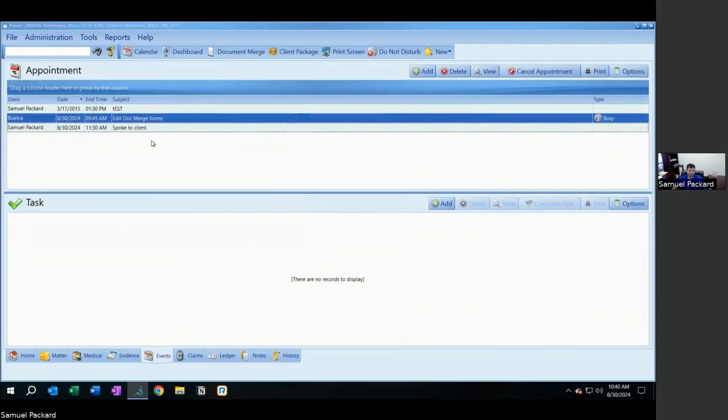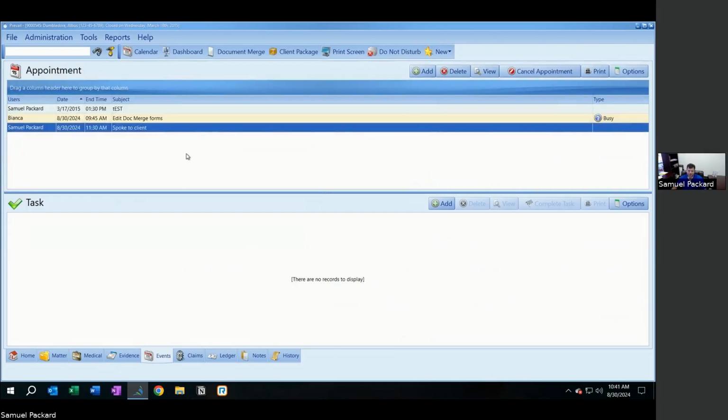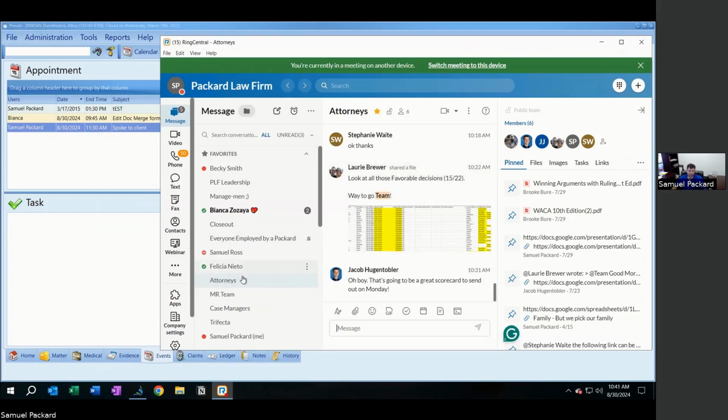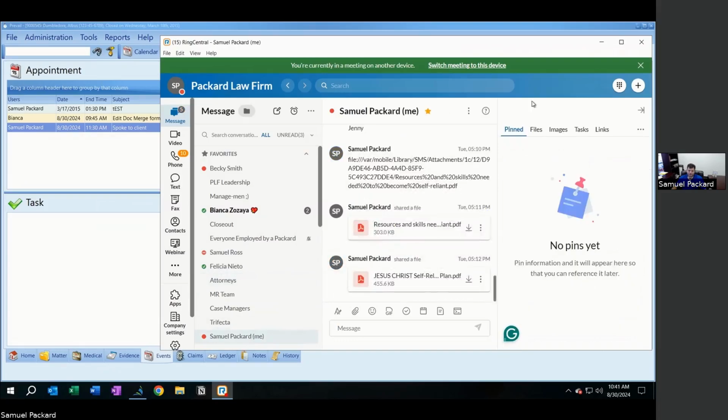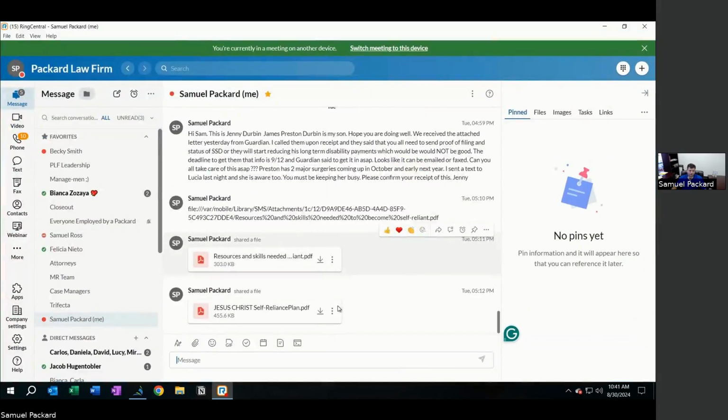And it's right there. And if you really care about the case manager, they really need to know if it's one of those situations. This is just note taking to keep track of what work we've done on cases. But if you really want the case manager to know, then I would go to Ring Central. This is not up. Sorry, it's going to launch. Go to Ring Central. And then let me just send a message to myself, I guess, as far as this test goes. And you say,